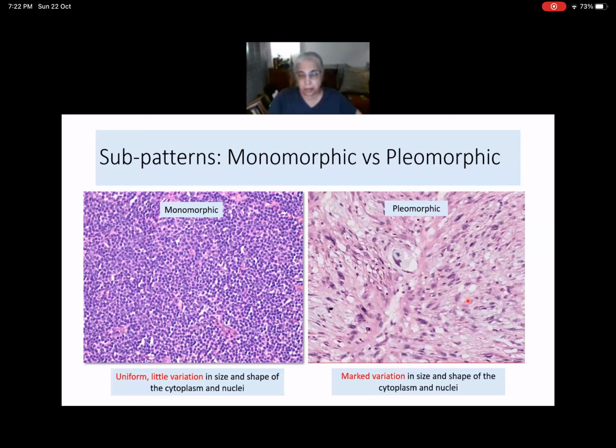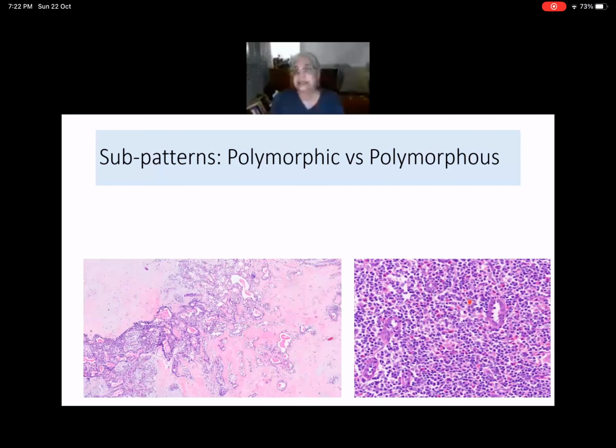It is that it has epithelial and stromal components. So it should actually be called polymorphic or even polymorphous, because poly means what? Poly means many, right? Many different forms. Pleo means marked variation in forms. So you have one form that is varying in different parts of that. Here there are multiple forms. So the real term should have been polymorphic, but for whatever reasons we call it